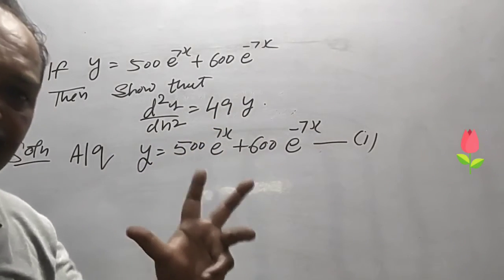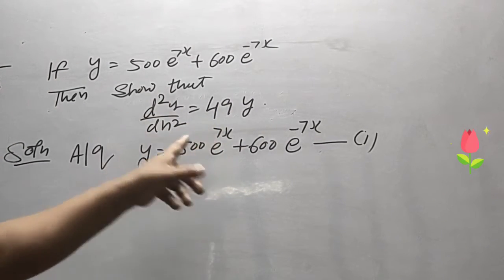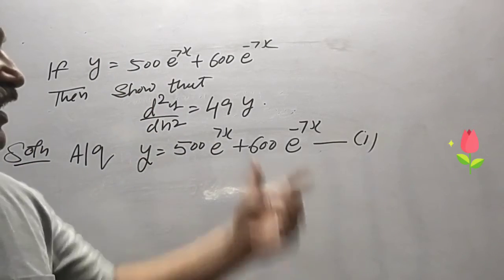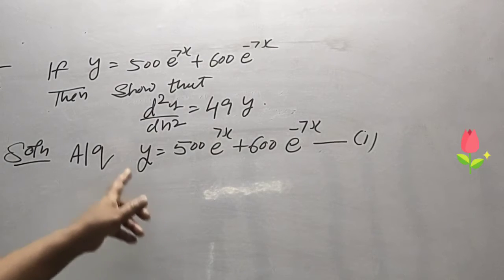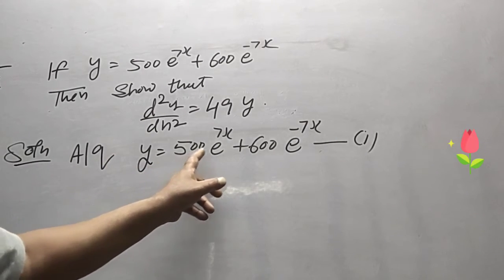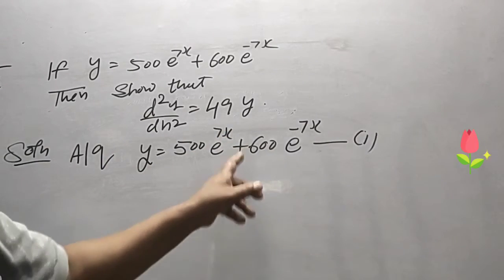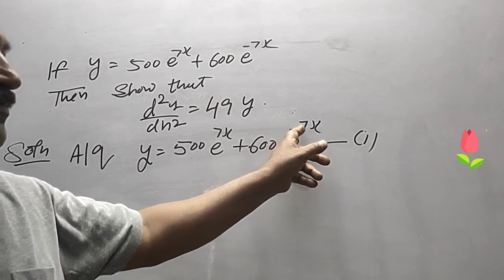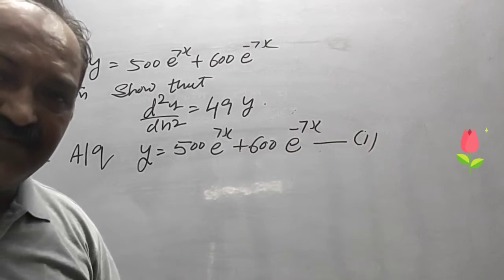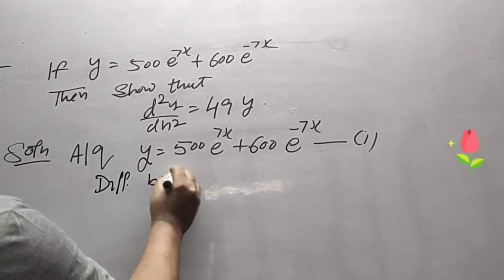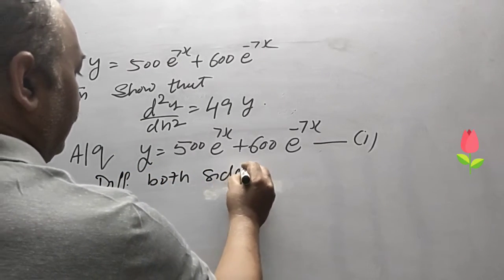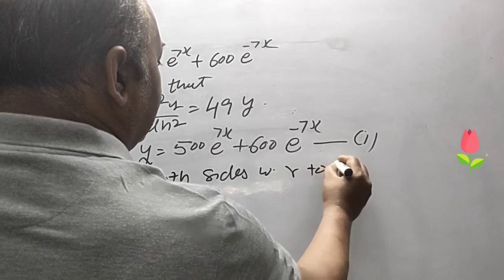In order to prove this, you have to find the second order derivative of the equation number 1 of the given function. According to the question, y is equal to 500 into e raised to power 7x plus 600 into e raised to power minus 7x. This is the equation number 1. Differentiating both sides with respect to x, we get